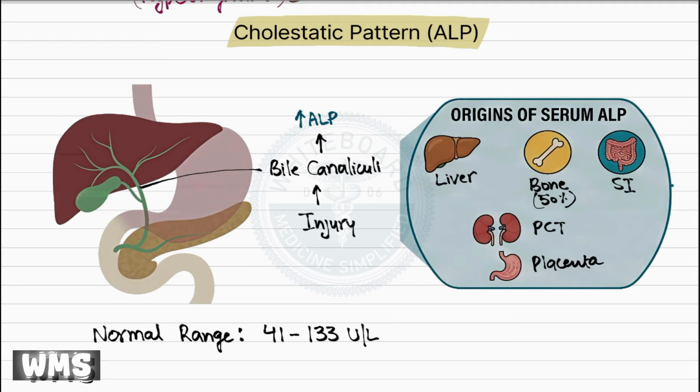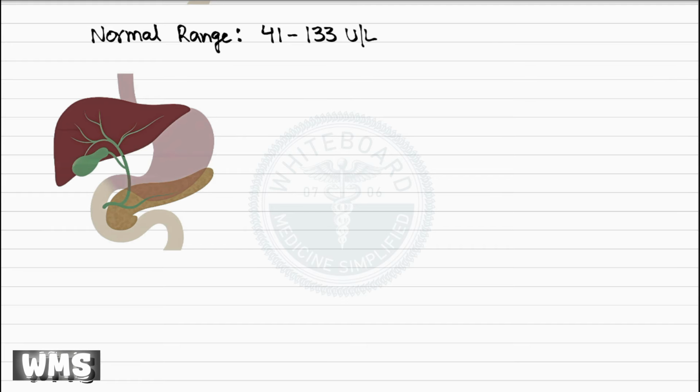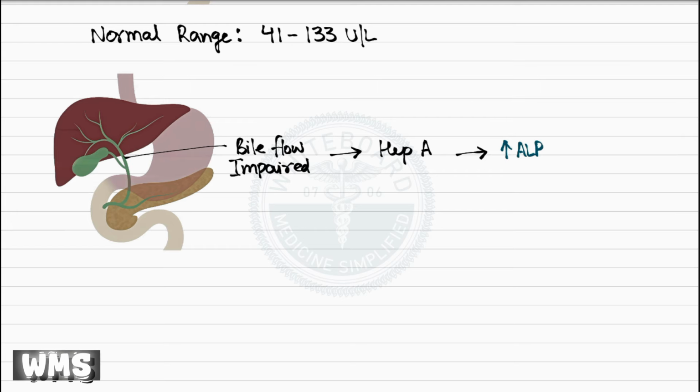In most cases of acute viral hepatitis, ALP remains normal or only mildly elevated. However, if cholestasis develops, meaning bile flow is impaired, such as in hepatitis A, patients may present with symptoms like prolonged itching, and in such cases, ALP levels rise more significantly. So conditions associated with impaired bile flow or cholestasis, either direct or indirect, commonly lead to a rise in ALP